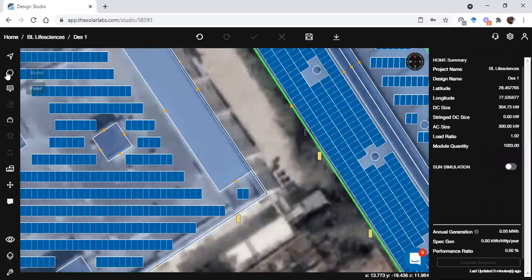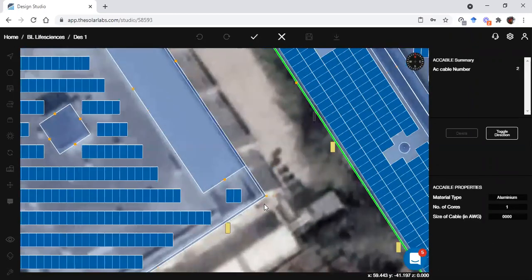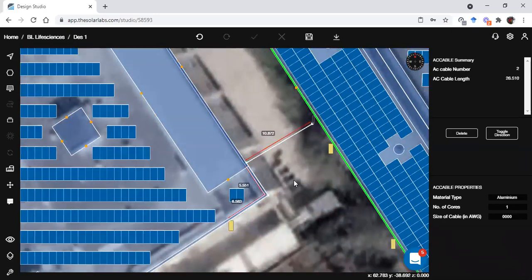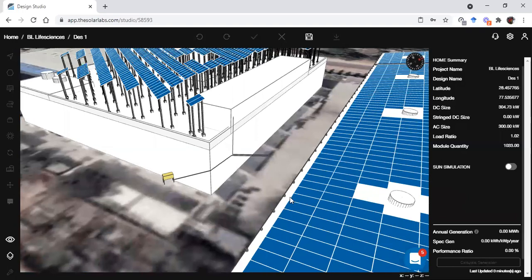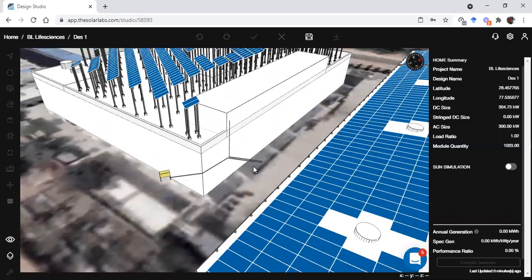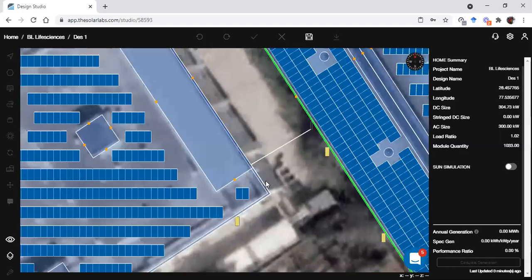Now I want to just create an AC cable from this inverter to this ACDB. Just a second, it created it down.